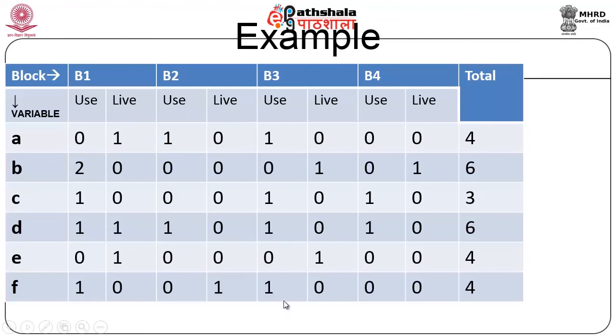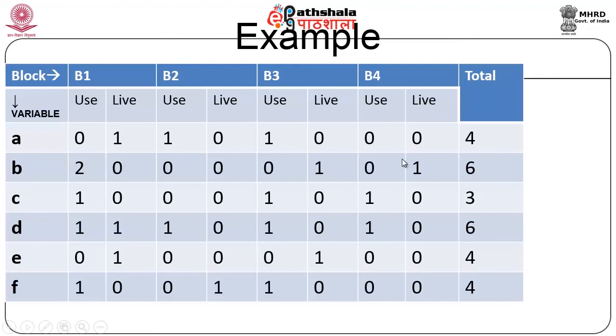So, I assign values here and then my computation is nothing but across these basic blocks, use is counted as 1 plus twice of live. So, for example, for the first variable A, 2 into 1, 2 plus use which is 3 plus use which is 1 which is 4. So, you compute this value and depending upon whichever has got the maximum value, you have to choose that variable as going to be assigned a dedicated register.